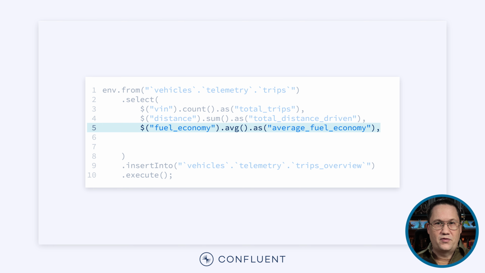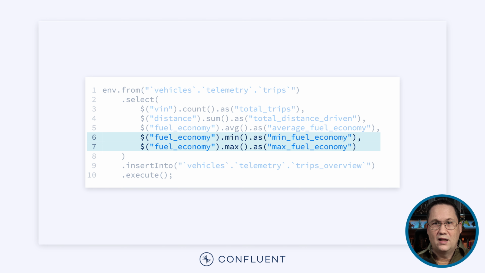To get a sense of the fuel economy for the vehicles, we can take the average of the fuel economy field. Meanwhile, a minimum and maximum of the fuel economy will give us a best and worst case scenario for the efficiency. These 5 functions, count, sum, average, min, and max, represent some of the most common aggregations you'll find